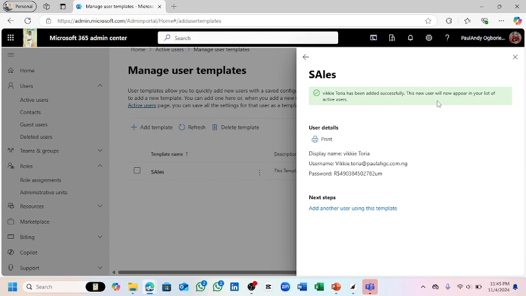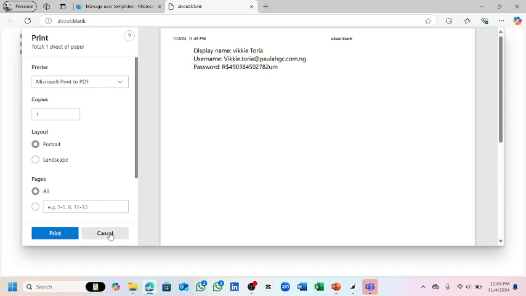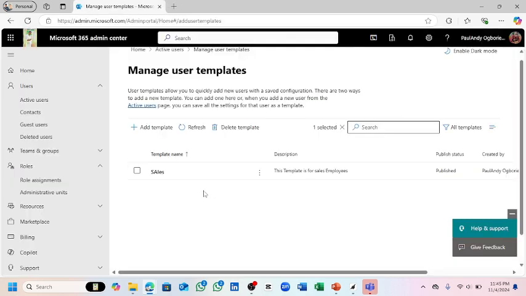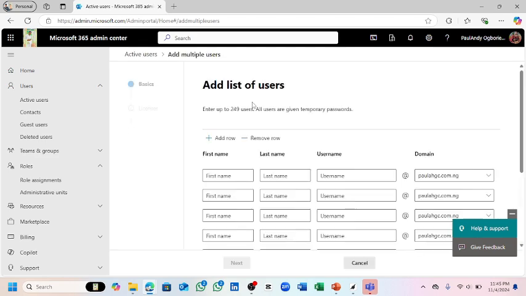Automatically it's adding. Try to set access, set permission and all of that. No, it doesn't need it. So that is the function of a template. Okay, so we will go back, and then let's see the option for managing